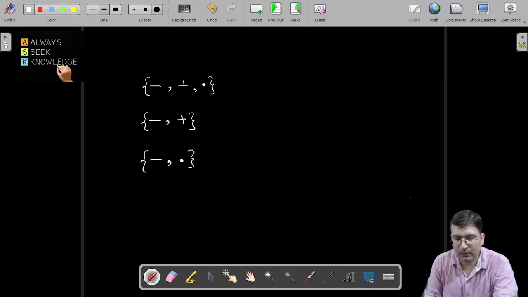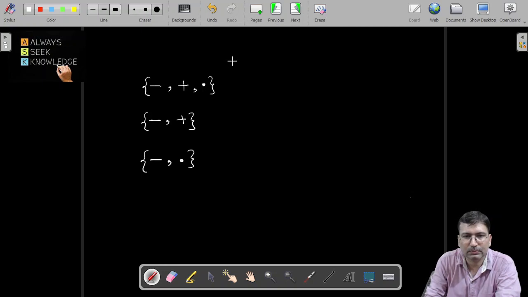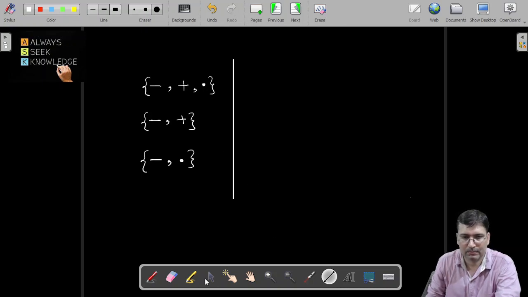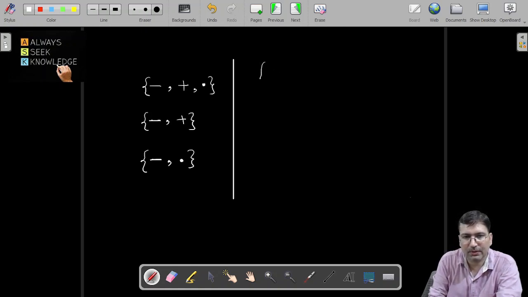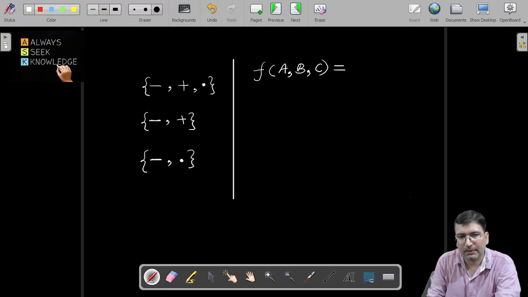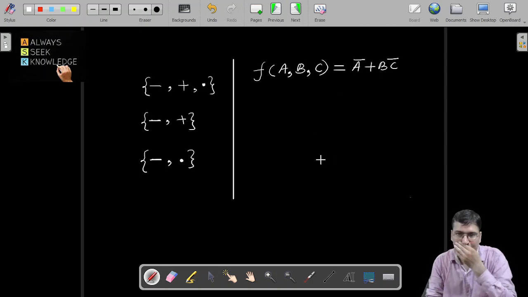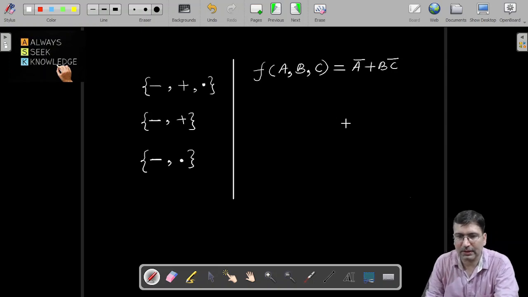So let's say you are having a function here, defined over three Boolean variables, let's say a, b, and c, and the function is, let's say, a complement b, c complement. Now if you want to check whether this function is fully functional or not,